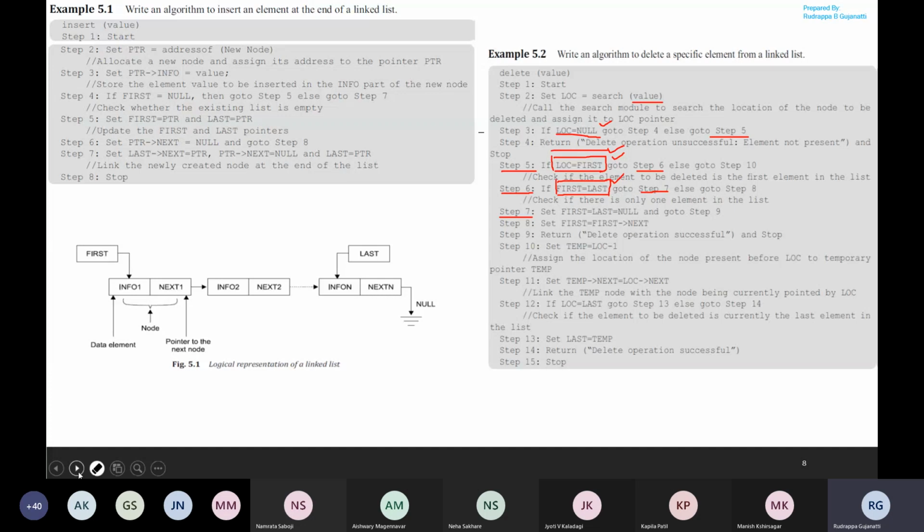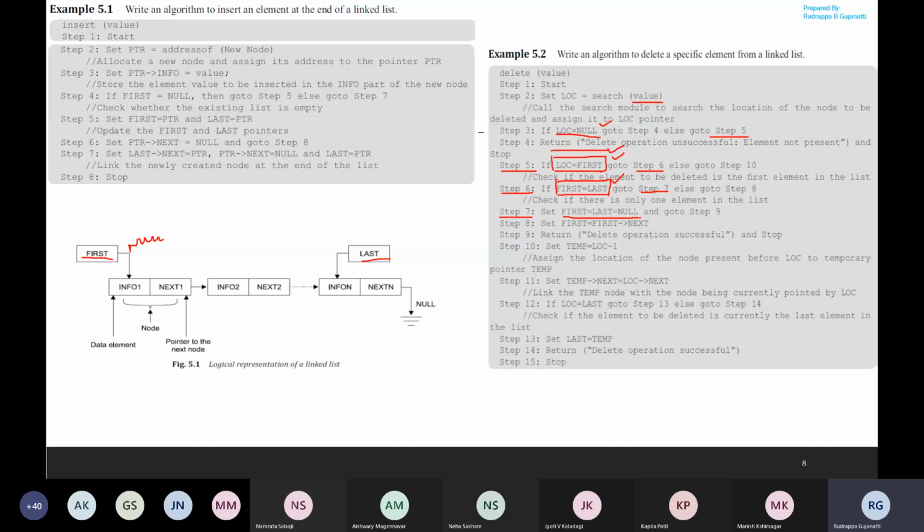So we need to update it as per that logic. We make the first pointer point to null and the last pointer also point to null. In this case, you are setting both the pointers to null.